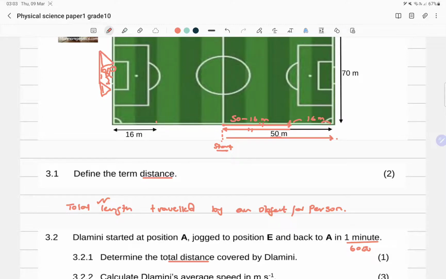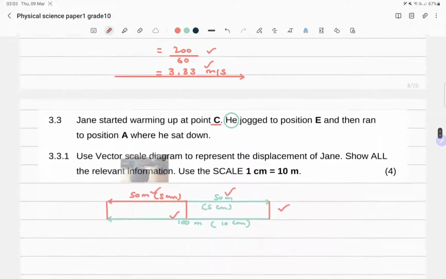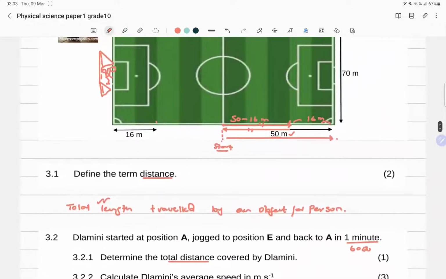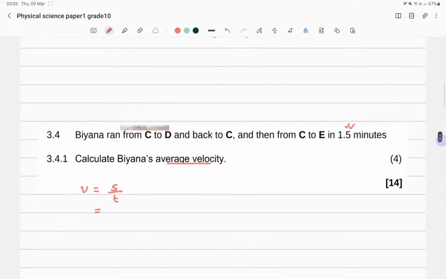So now her displacement is basically 50 meters. So all of this flip and flop doesn't matter. The displacement is from starting position to the end position. So when she went the first time and came back, that means zero displacement. And then the last time she went and never came back, that is the actual displacement. So it's going to be 50